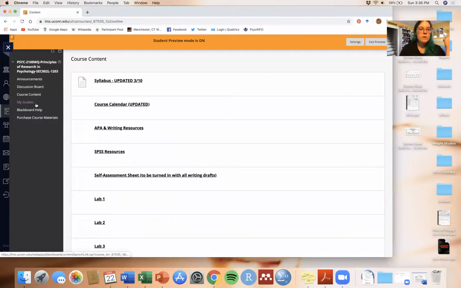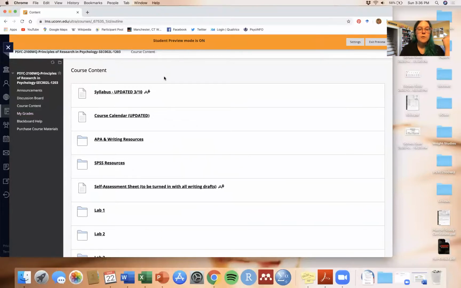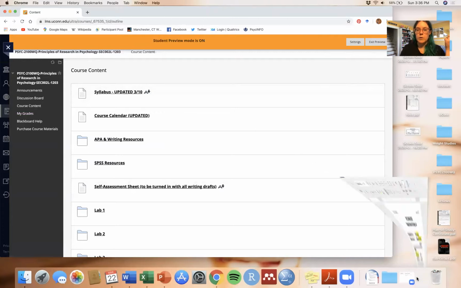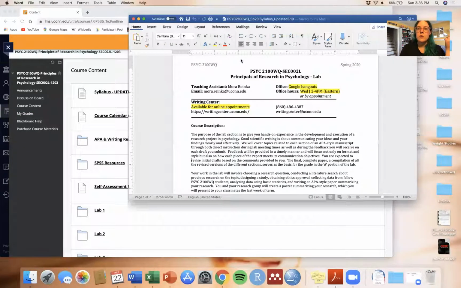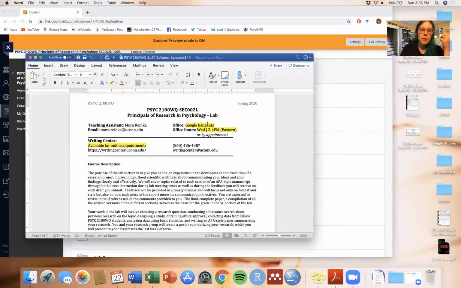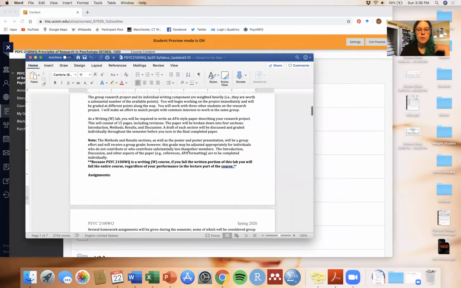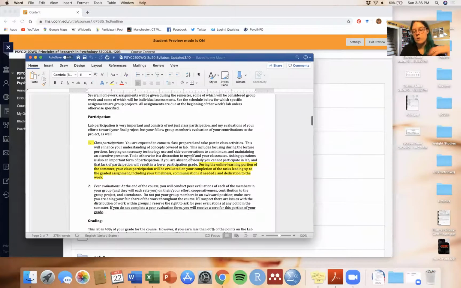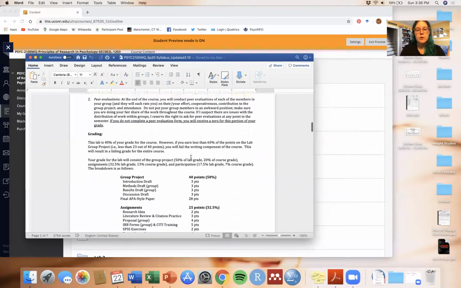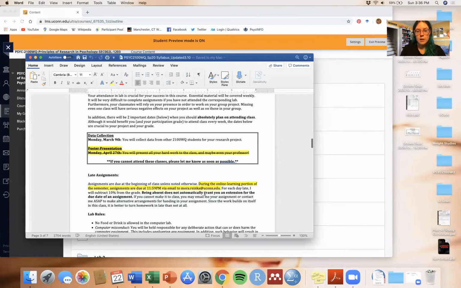Now, if I can also take you back to the course content, if you haven't already seen it, I did update the syllabus, which I went ahead and pulled up here. So the syllabus has been updated. All of these highlighted parts are the parts that are new. So if you just want to make your life easier, just check out the highlighted parts of this. Clearly, some things have had to change, like we're not going to do any kind of in-class